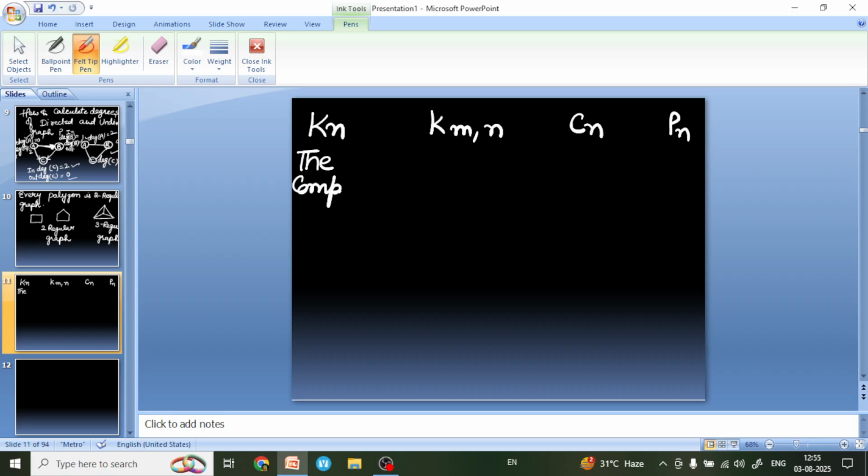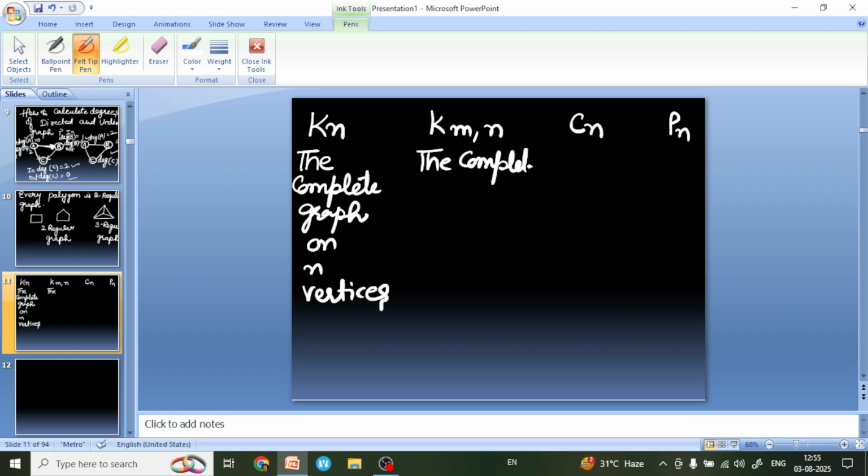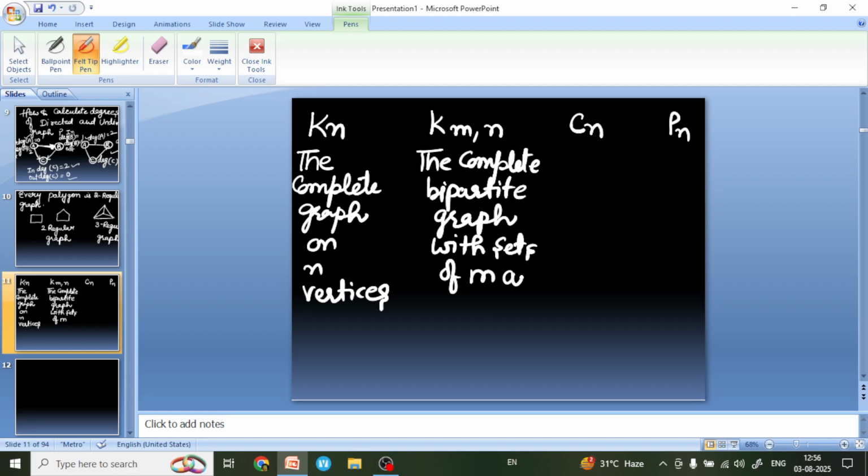The complete graph on n vertices. Km,n means the complete bipartite graph with sets of m and n vertices,